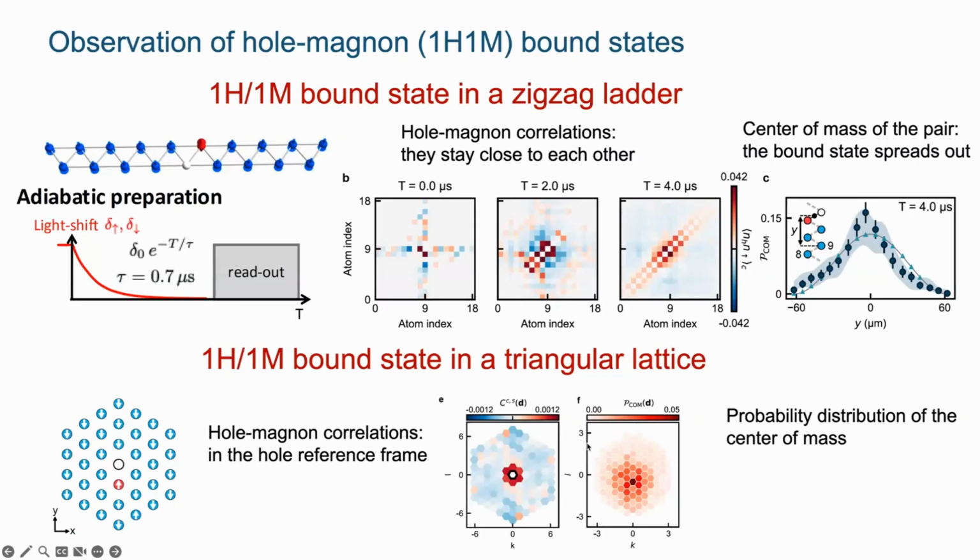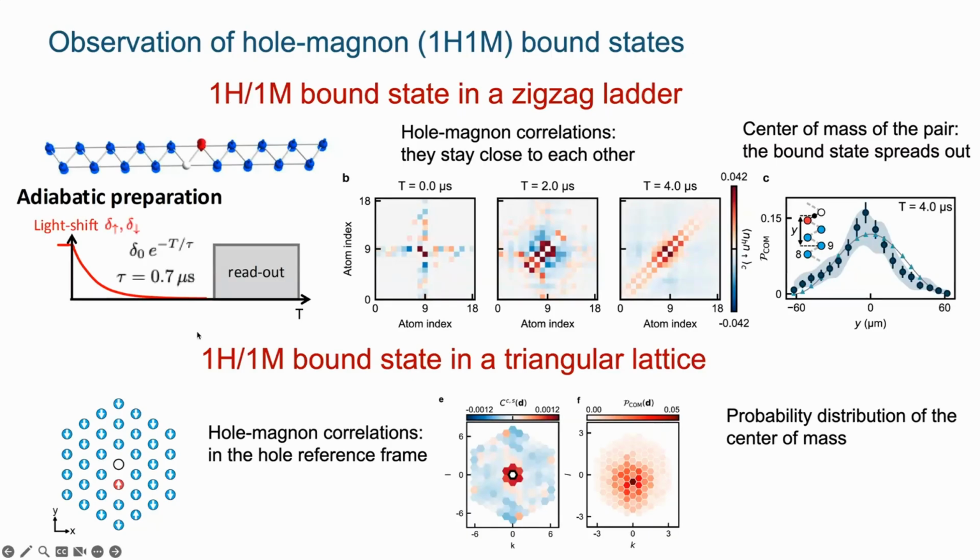And then they have done similar experiments in 2D, again preparing a hole and a magnon. Oh, and I forgot to tell you, obviously, you remember that for this effect to happen, the hole has to have a negative sign of tunneling. In this case, it comes from the fact that the exchange interaction between the hole and spin down has a minus sign because of dipolar interaction, effectively a negative dipolar interaction. So fundamentally, even though we start with a hole-like state in the bosonic system, its tunneling is the same as if this was a hole in a Fermi system. It naturally has a minus sign.